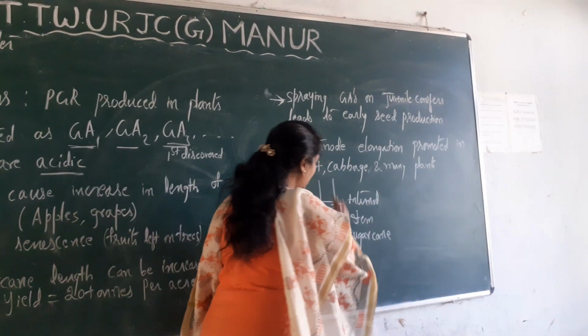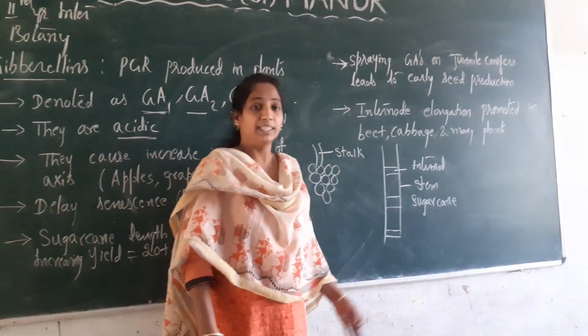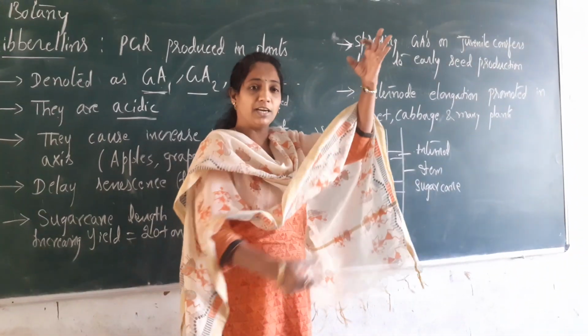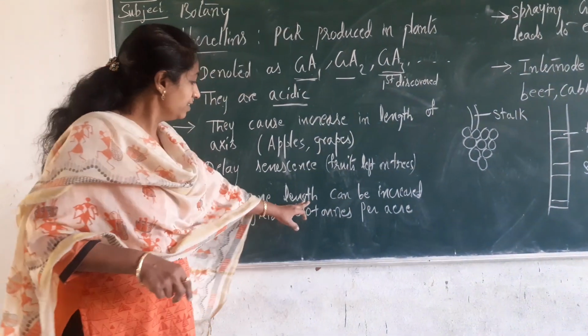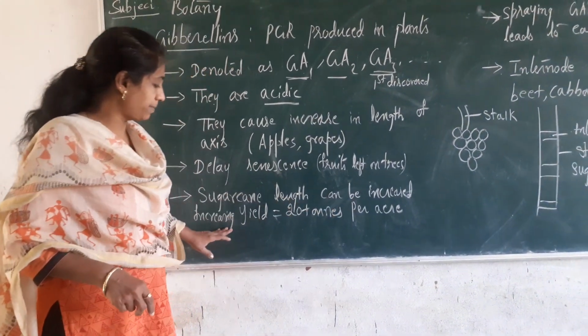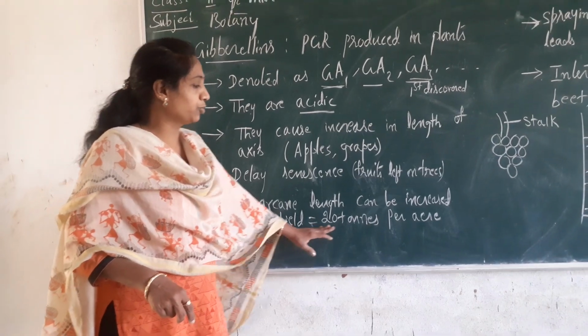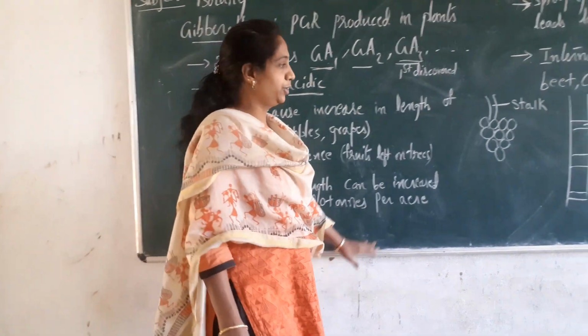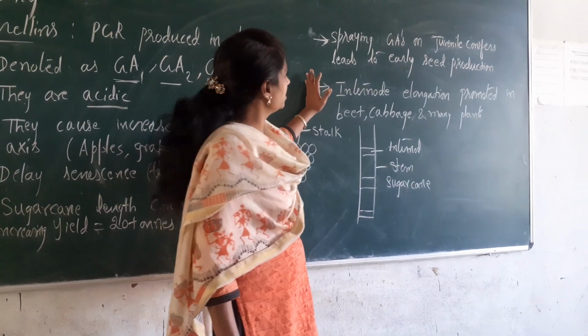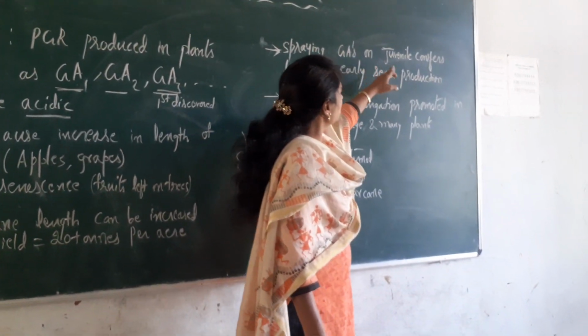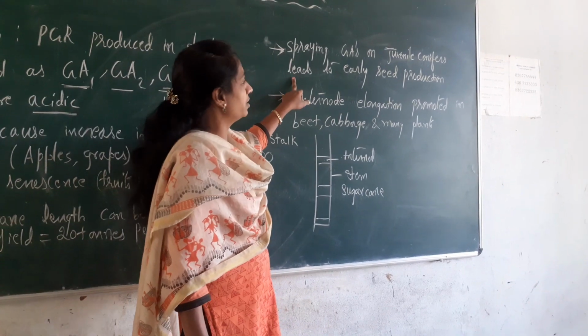So you can increase the length of the sugarcane. Is it useful or not if sugarcane is very long? Yes, we will get good yield. So you can increase the length of the sugarcane stem, and the yield will increase up to 20 tons per acre using the gibberellins. The other important feature of gibberellins is spraying the gibberellins on the juvenile conifers leads